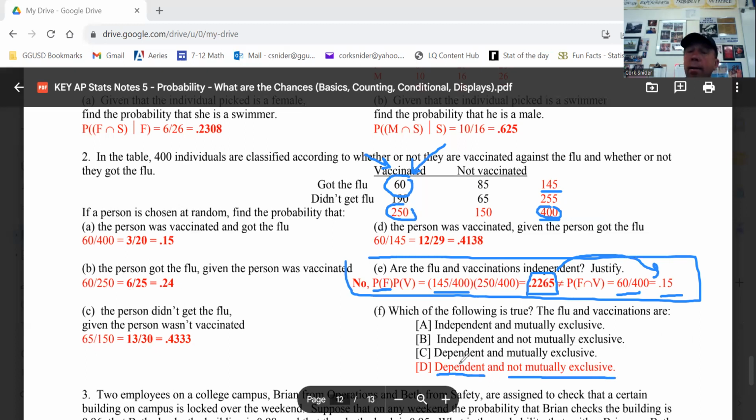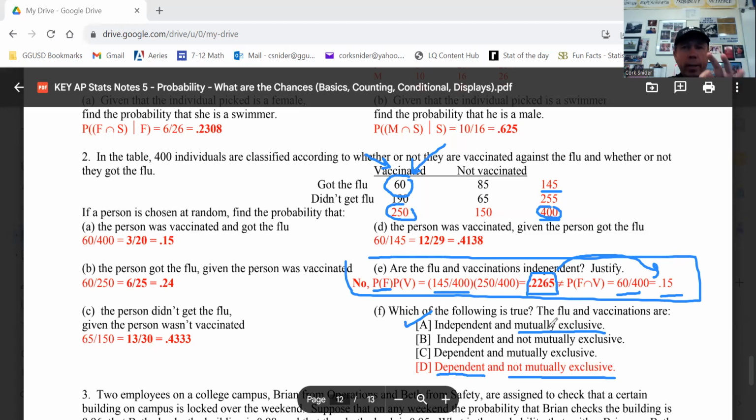And by the way, note on item F here, one of these is actually not possible. Should take a second and figure this out. So the one that's not possible is, let's see here, I think is A. Yeah, is A. If things are independent, if you are mutually exclusive, if you can't happen at the same time, then you are actually dependent. Think about that. Item A is impossible.